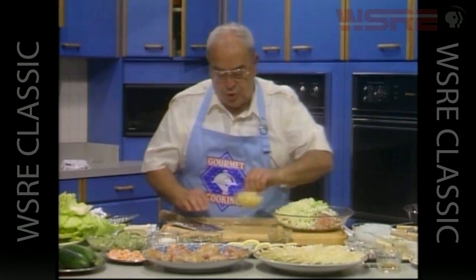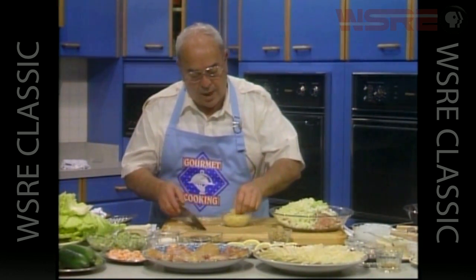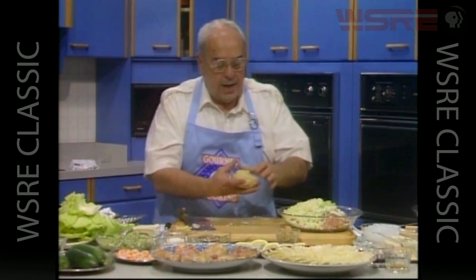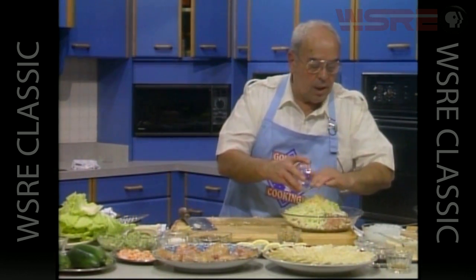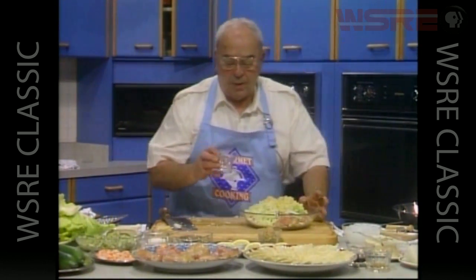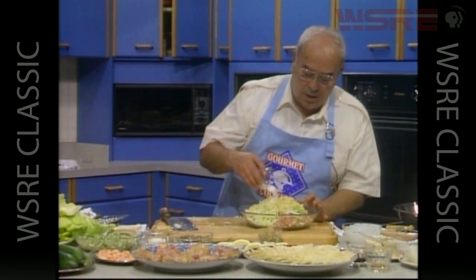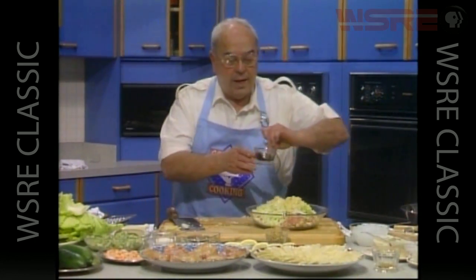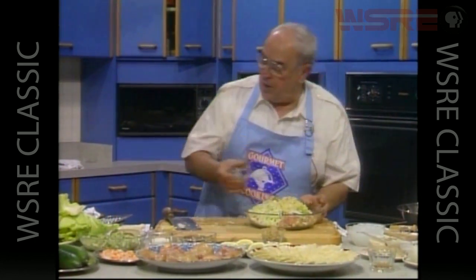And we have bamboo shoots, most of which I've chopped. I'm not going to chop these. You know how to chop as well as I. But we have now about a 1/4 cup of chopped bamboo shoots. We add to that just a touch of sugar. That's about a half teaspoon. We have 2 tablespoons of soy sauce